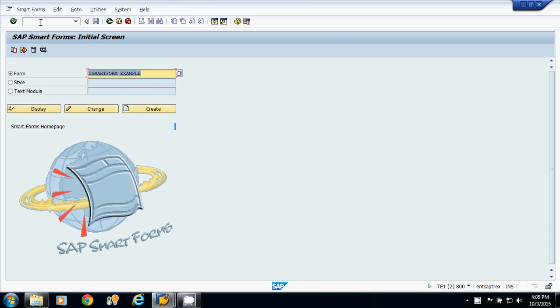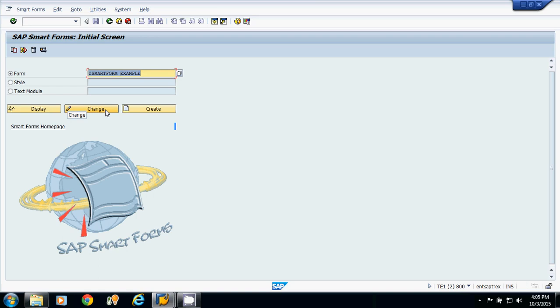Suppose you are receiving some requirement in which you have to add something or delete something, but by mistake you have deleted something which is required. So there must be some original backup so that you can retrieve that original thing. So there is always a need of downloading the Smartform. If by mistake you have deleted something, then you can take the data from the original backup. So how to upload and download the Smartform?